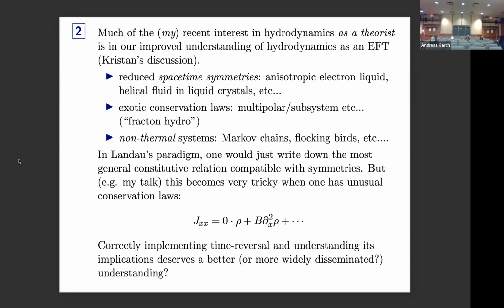So where do we go from here? I've put down 3 bullet points that interest me personally, but I think they should also interest other people, I hope. The simplest one that I put down is reduced space-time symmetries. This is something that we've been working on in my group now for a few years, and maybe we're starting to wrap up, but it would be nice to realize these things in the lab somewhere. So you can, for example, think about anisotropic electron liquids. There can be funny viscosity coefficients that really don't have analogs in any of the other fluid settings that people have looked at.